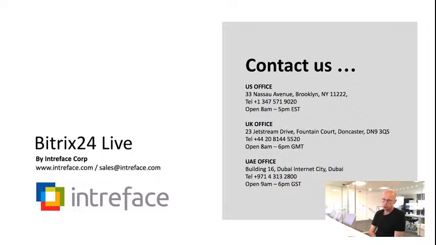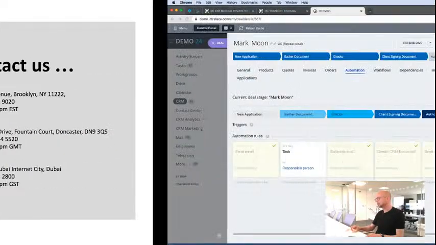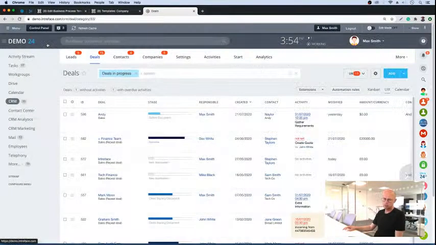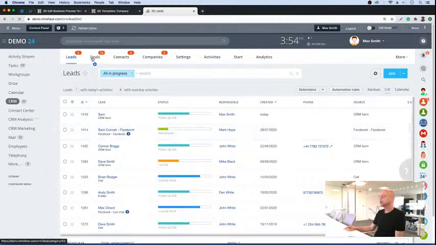We have a field called company type: supplier, client, subcontractor. How do I make all suppliers and subcontractors available to all users, but make clients available only to their responsible person? So you want to change the access permissions based on a selection from a drop-down list, I guess. I'm not sure that we can do that, but let's have a look and see if we can understand what you mean. So if we had a deal,